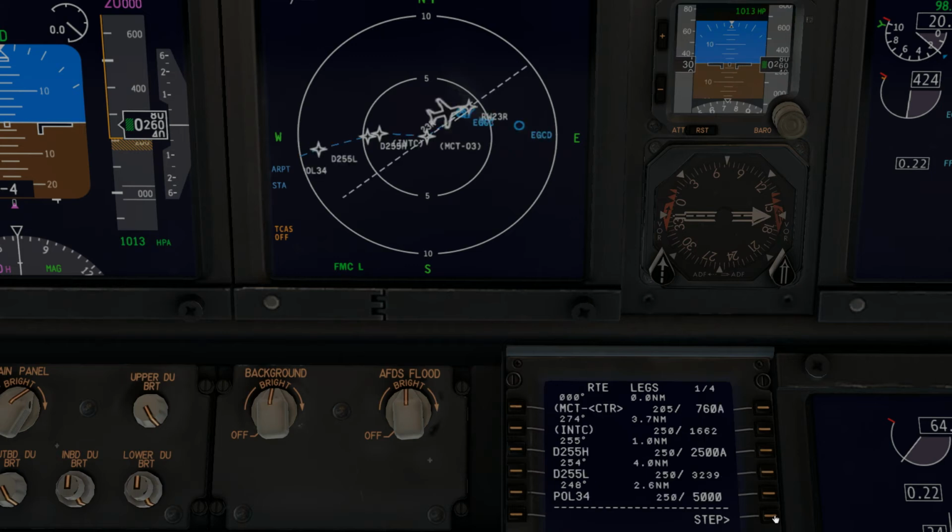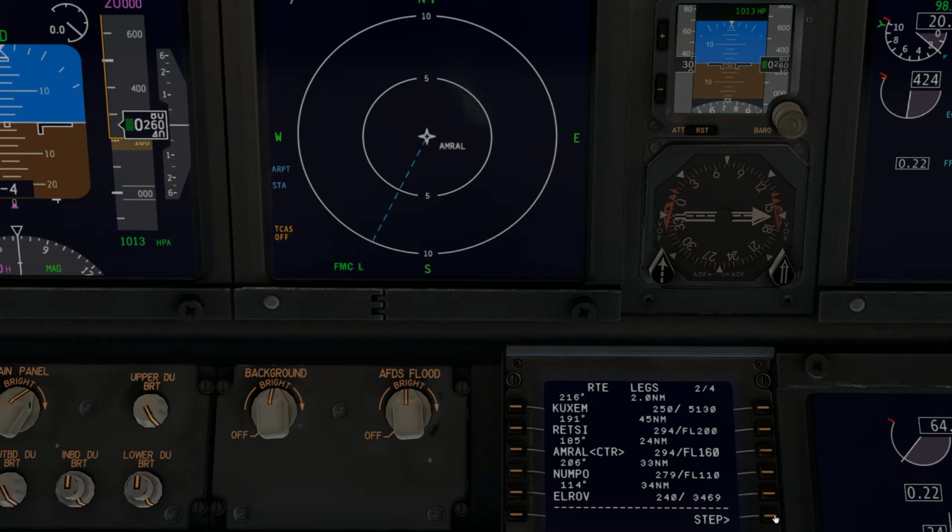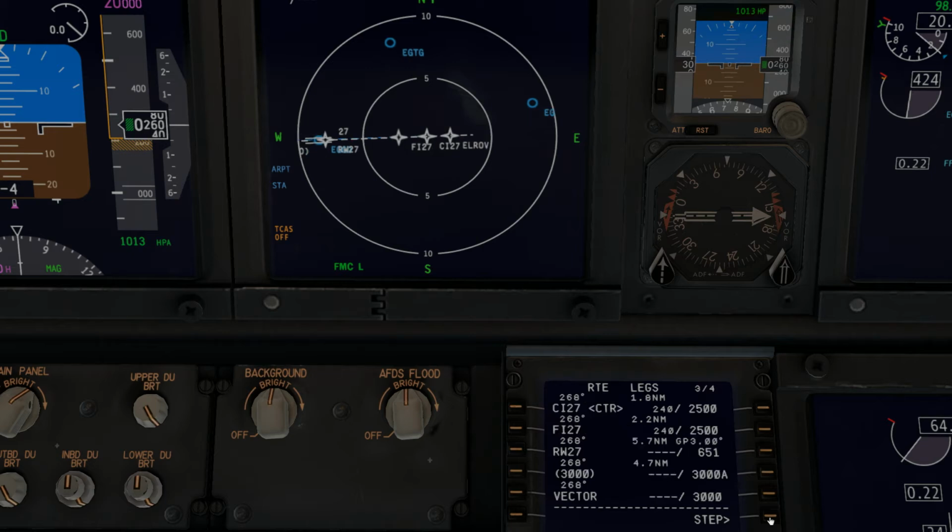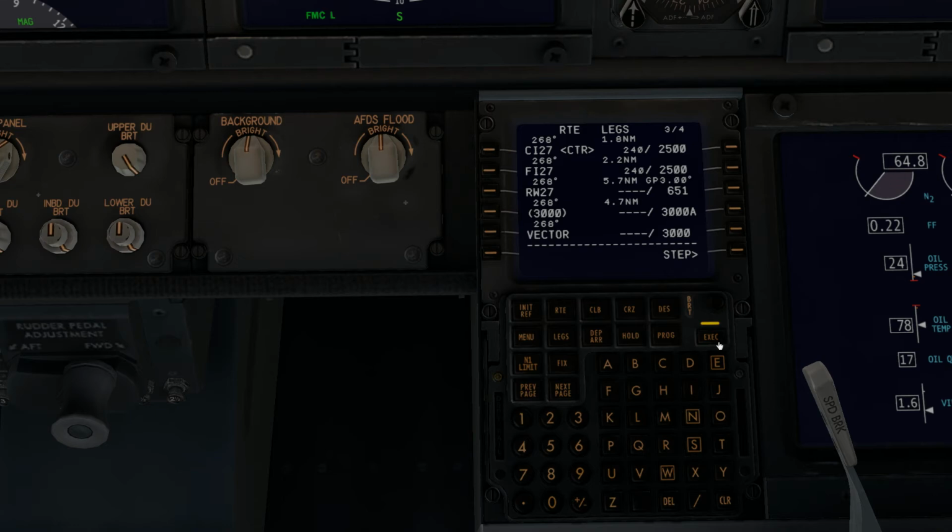Right, back at Manchester. There's FMC, RMVideoChannel, AMRAL, NUMPO and LROV, which gives us a nice run-in on C127, F127 onto runway 27. So that's fine. So I'm happy with that. So I can now execute that. And it comes up with that. I don't know what that is. Anyway, so that is